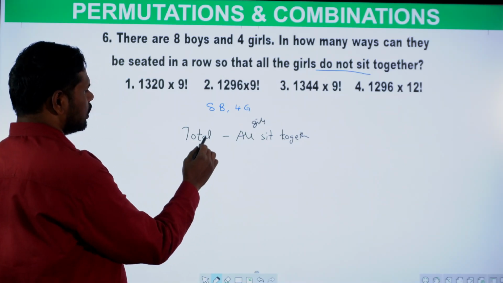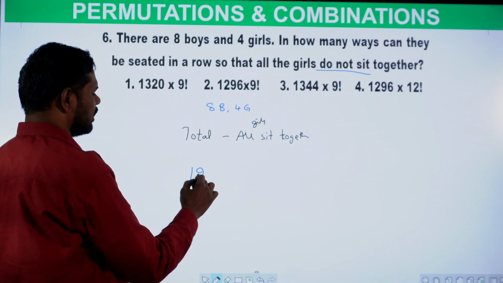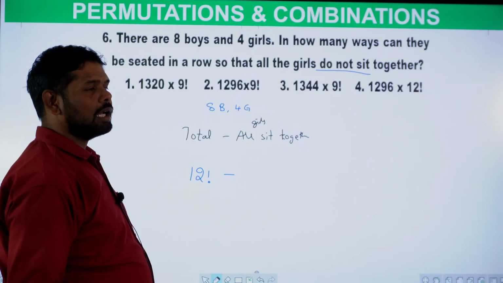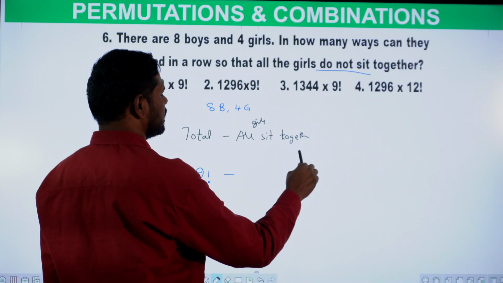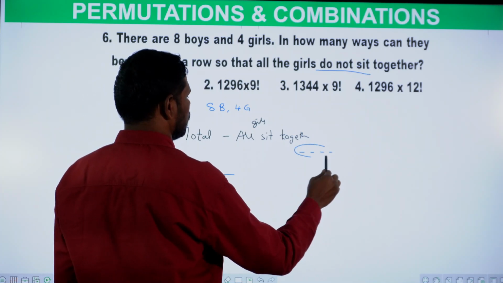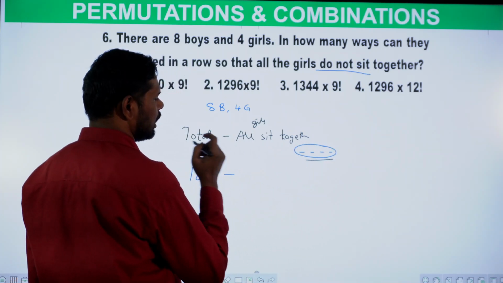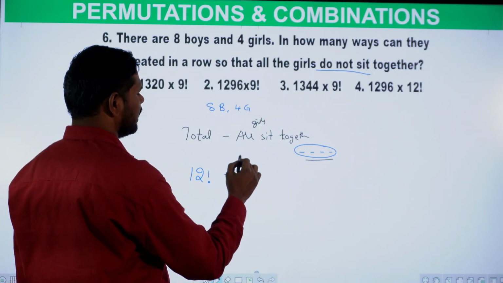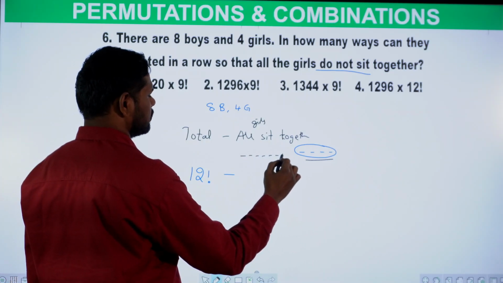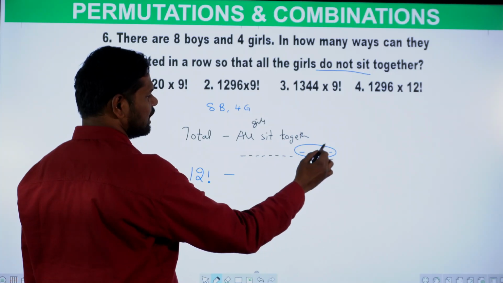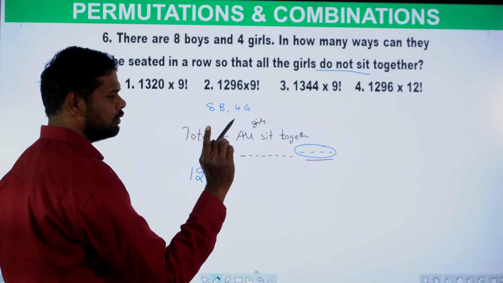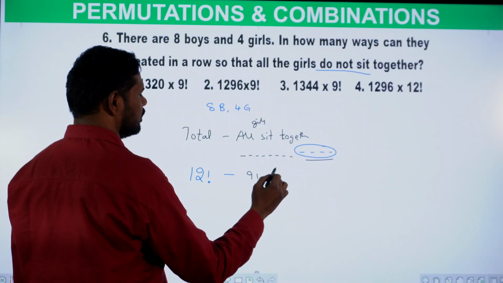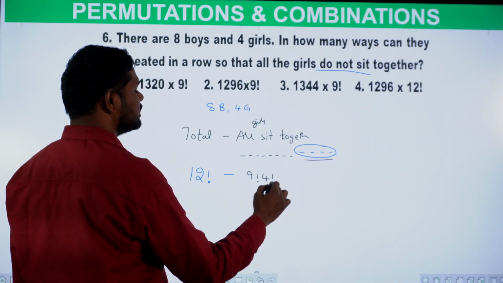So now, total 8 plus 4, 12 members are there. 12 members can be arranged in 12 factorial, minus all girls sit together. Girls are how many? 1, 2, 3, 4. We form a group of those 4 girls, and the remaining boys are 8. 8 plus this girls group considered as a single unit, 8 plus 1, 9, can be arranged in 9 factorial, into those 4 girls again shuffled